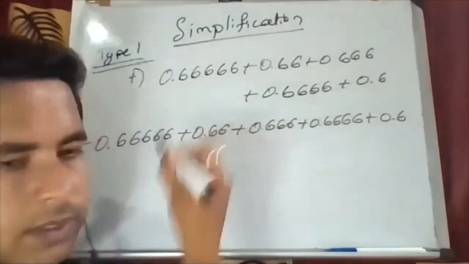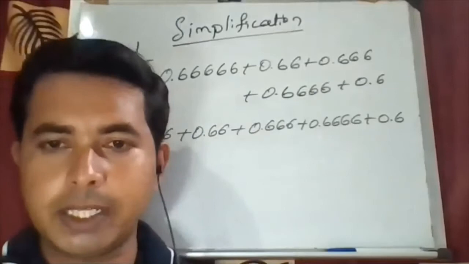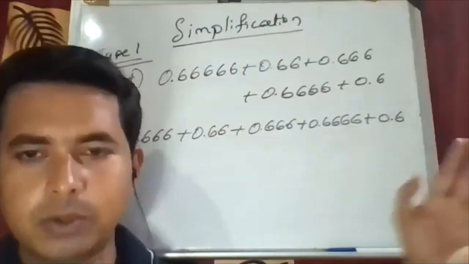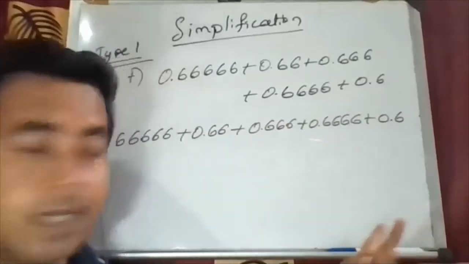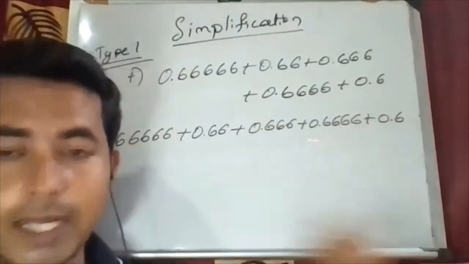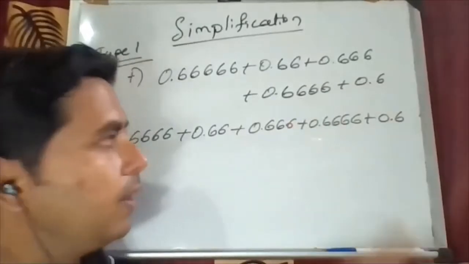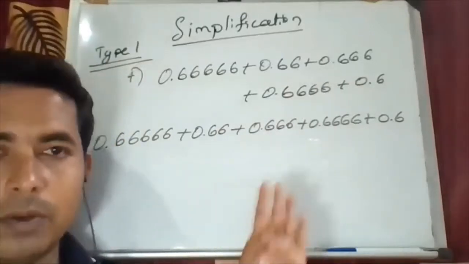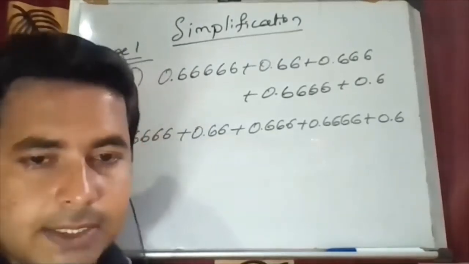Same way as I said in the previous example, wherever the value is you have to maintain the order. After 5 you have to look at 4, after 4 look at 3, after 3 look at 2, and after 2 look at 1. So here also, after 1 check 2, where is the 2-digit value, and after 2 look at 3, and carry also goes. If carry is generated at the one place, that carry is forwarded to the 2-digit number, and carry at the 2-digit number will be forwarded to 3-digit. Wherever the number is, second unit digit or third digit, you have to follow the order. So try this and tell me the answer.